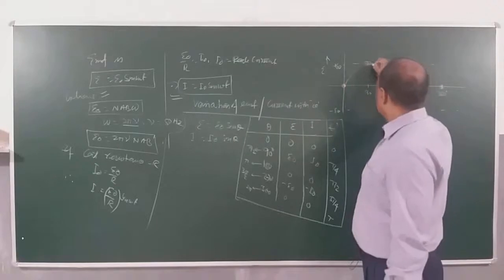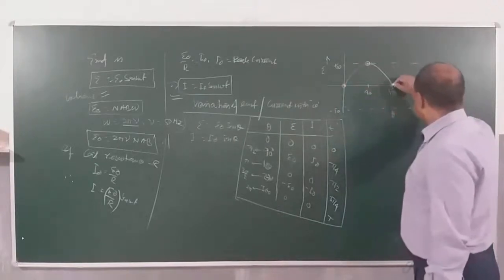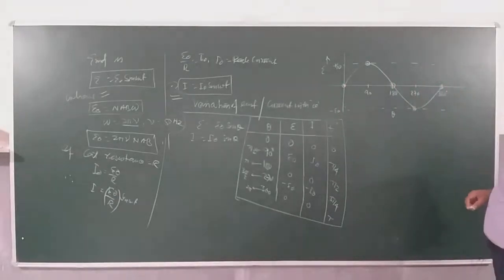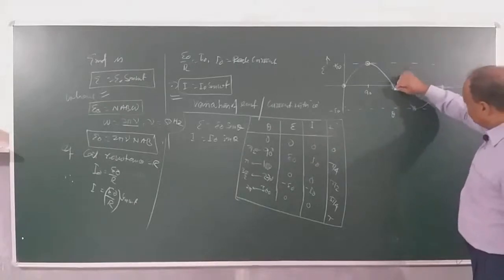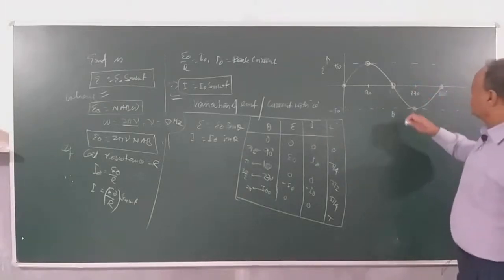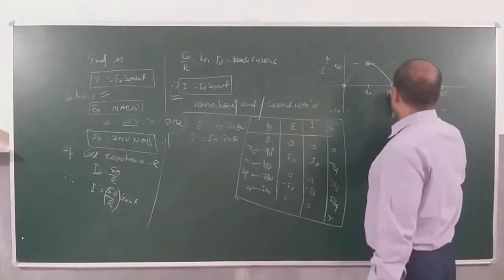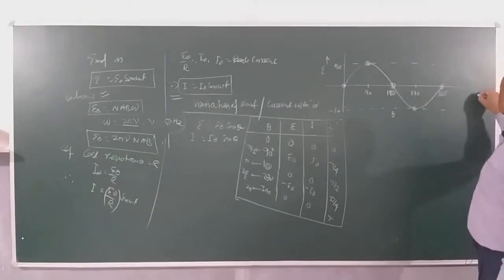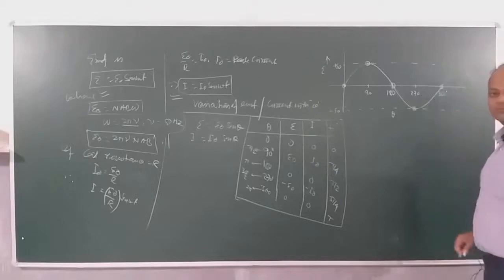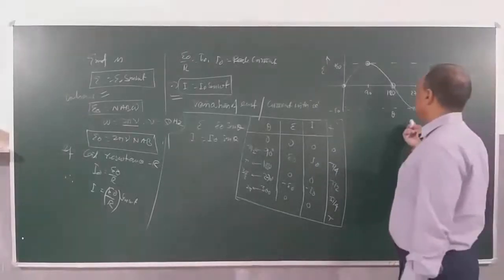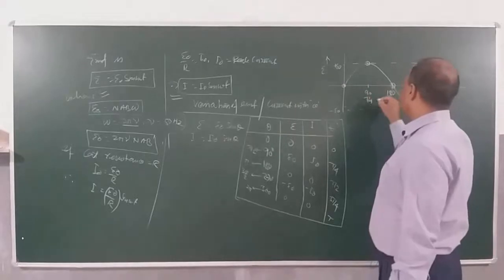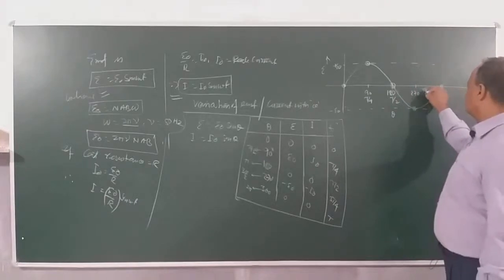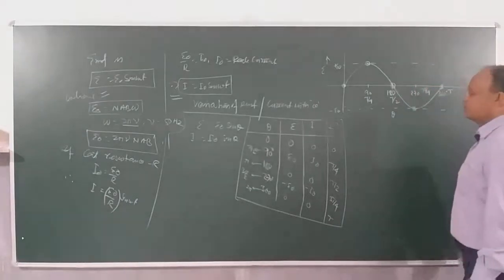If you plot this, how will the graph come? This is how the graph will come. One complete cycle. This is a curve actually. This is 180 degree. And again this graph will go on like this. Clear? You want to plot against time, children? Then this time is t by 4, this time is t by 2, this time is 3t by 4 and this time is t. So you can plot it accordingly.